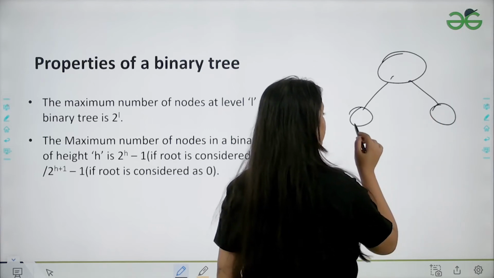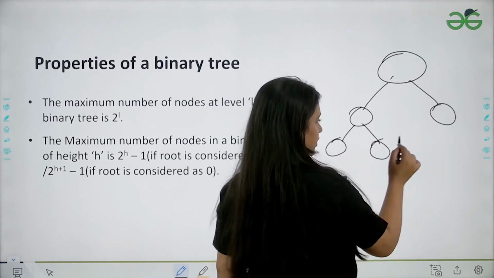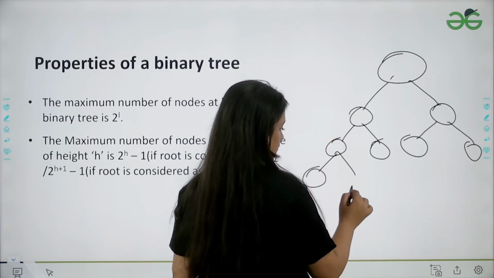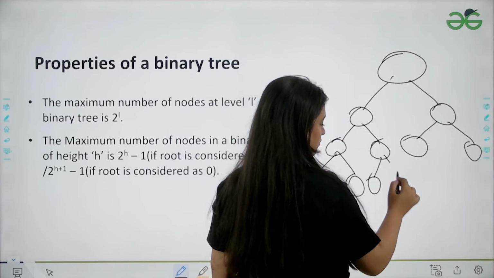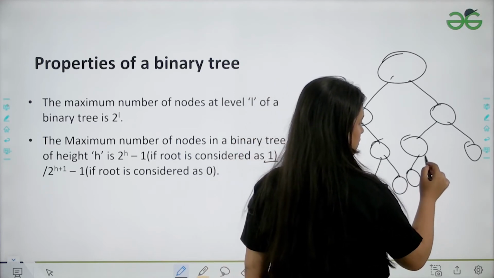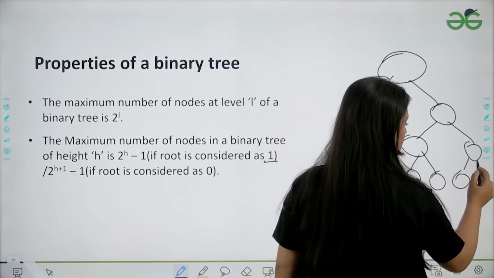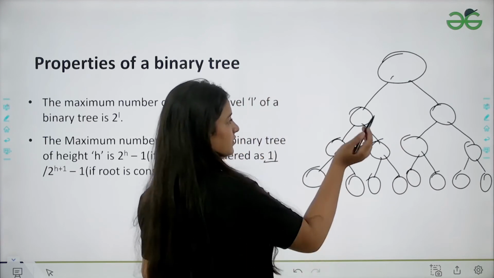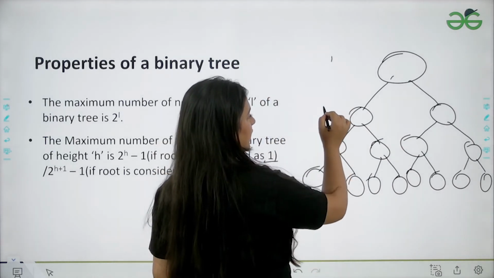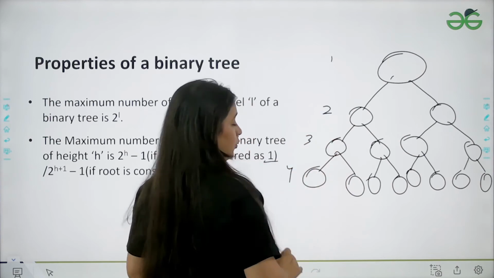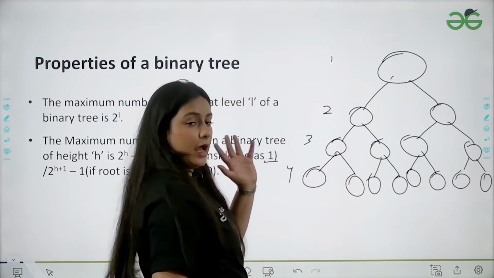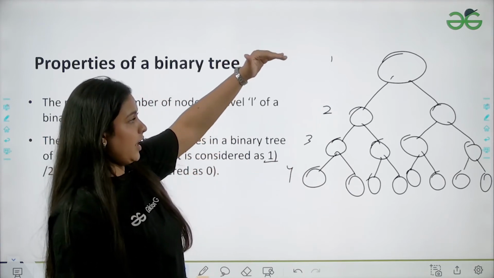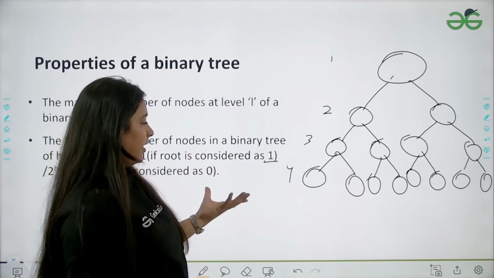Now let's create a binary tree and let's see if this is true or not. And again we are talking about maximum, so I will create all the child nodes. Okay, so these are all the child nodes basically. So now let's consider that this is height 1, this is height 2, this is height 3, this is height 4. We'll also consider it using 0. Like I'll do it with height 1, and you can do it with the help of height 0. Just consider height 0, 1, 2, 3 and then try to find the solution.